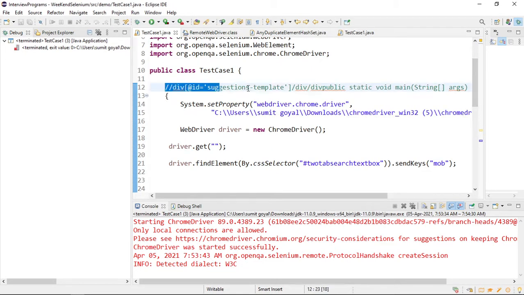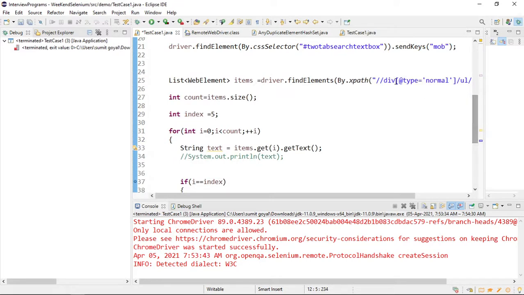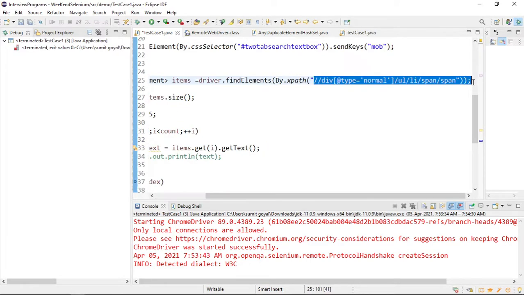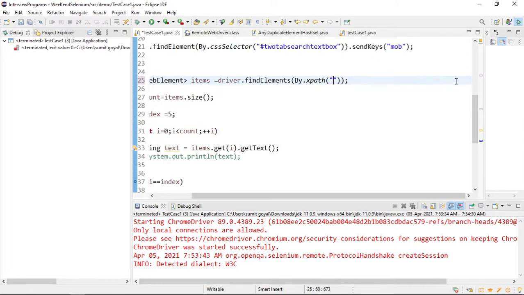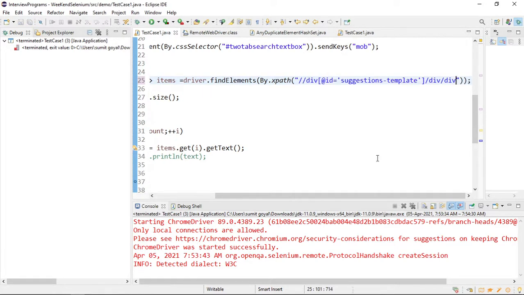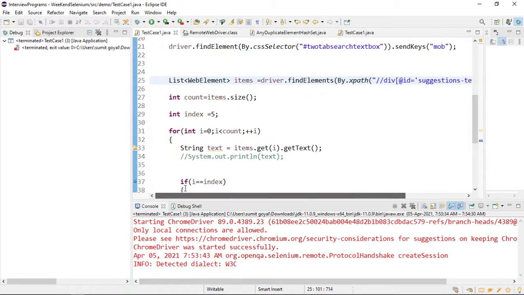This one we have written, so I will use it in the find elements. So remove this. Every code will be the same apart from the XPaths. So this will change. And then I run that program.